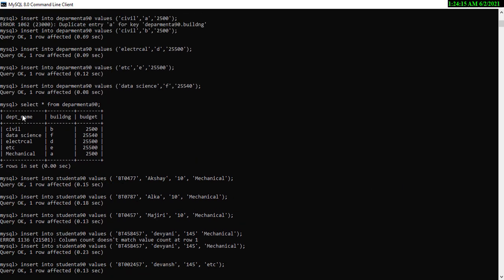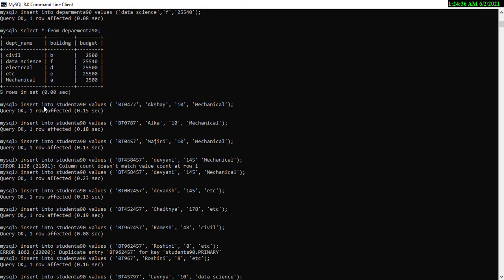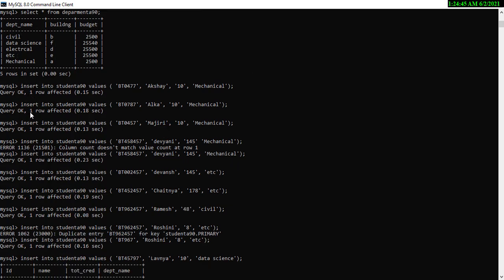First, please remember that if you have any foreign key declared, you cannot directly enter the value for that foreign key without entering the value in the parent table. So first of all, I entered the values in the parent table, that is department, from which I have taken department name as foreign key. Then I entered the values in the student table by utilizing the same department names which were entered earlier.